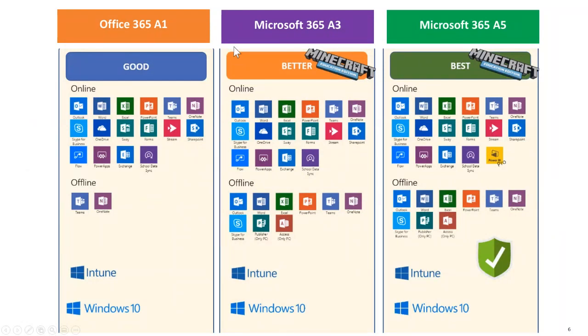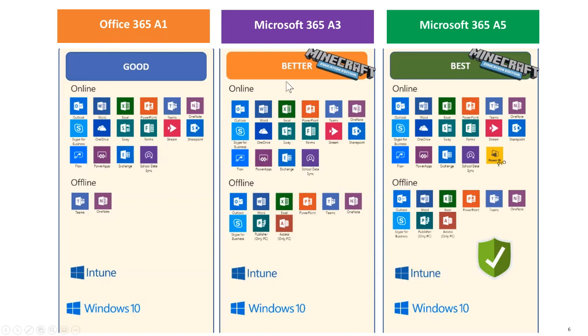So here I've mentioned already, a majority of our customers will start off on the A1 platform. And when I'm saying customers, I mean in the K-12 space. So this is what we're positioned as good. You've got the online suite of the Office tools that we're familiar with, and the offline version, the client versions of Teams and OneNote. You also get a full Windows 10 license and Intune as well. And this Intune is available for 6 months for free and is then available to purchase afterwards through either CSP, OVS or EES. So it's available to license on all three models.